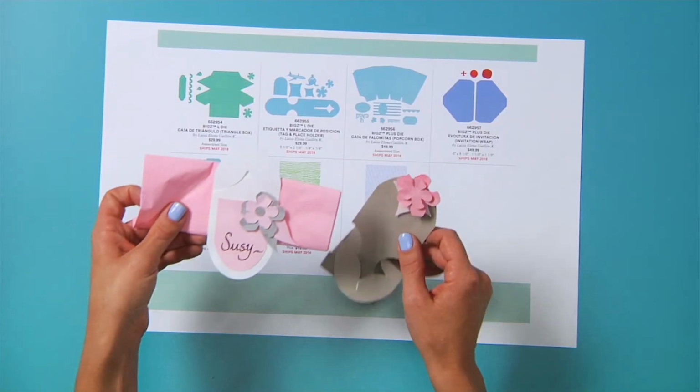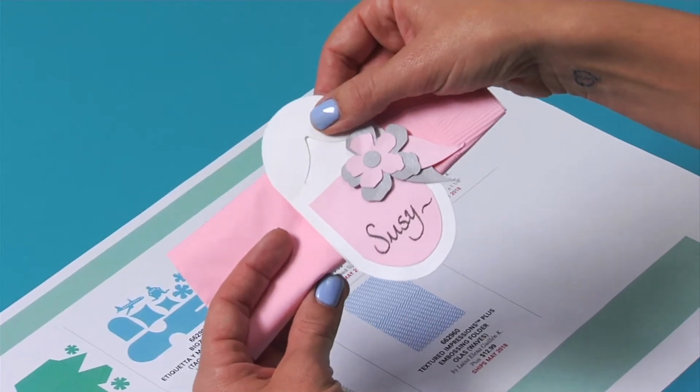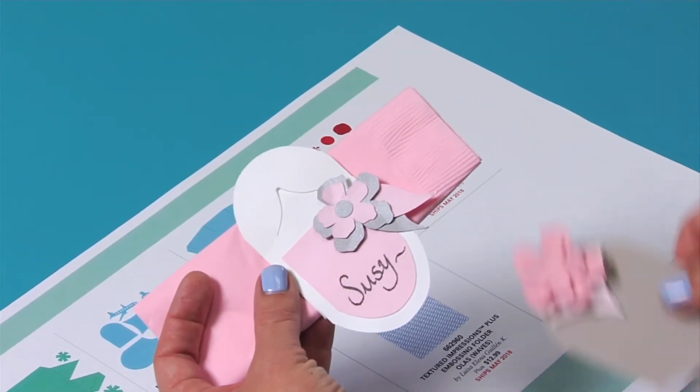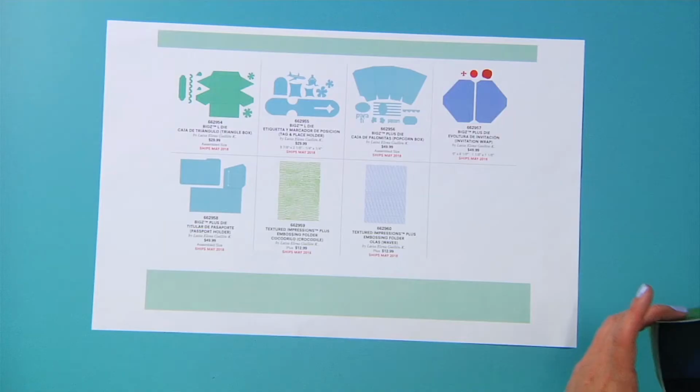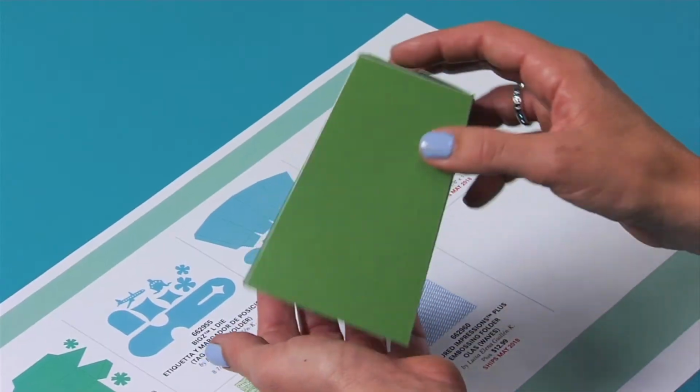Here's an example of how she used it to wrap a napkin. So again, you can use it for luggage tag or travel, or to have unique favor and placeholders at a celebration. Of course, boxes and bags are always a popular hit, and this is a popcorn box, and it comes